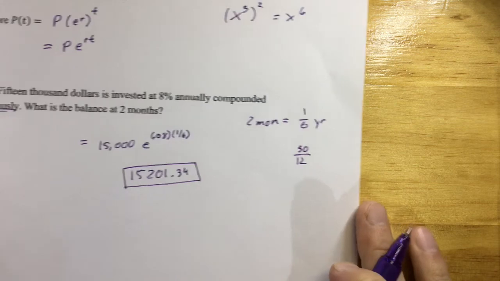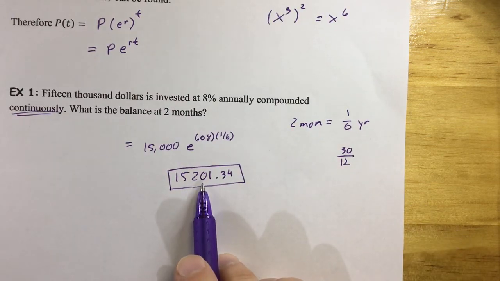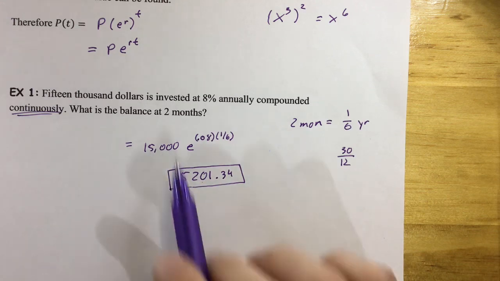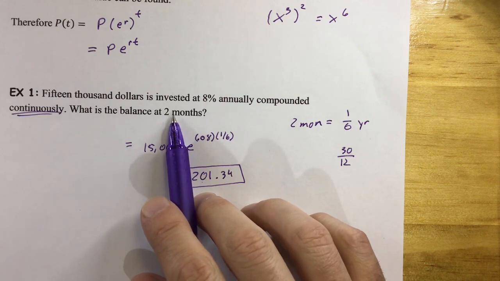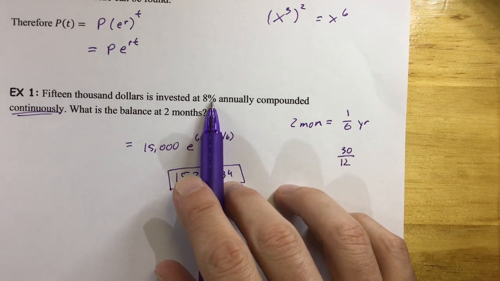Always assess your answers when you're done with things. Does it seem reasonable? Yeah. 15,200 means you've gained $200 since then, so it's not too far of a jump from there. It did happen over 2 months, which is a pretty big leap as well, but 8% also happens to be a somewhat large percentage change, so